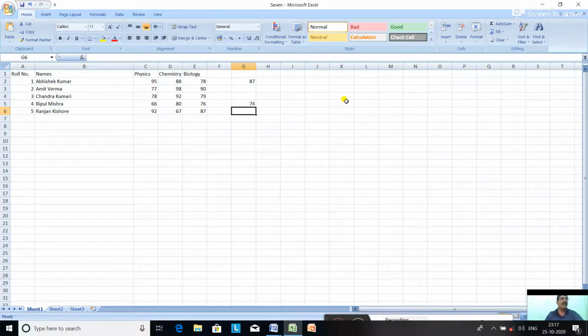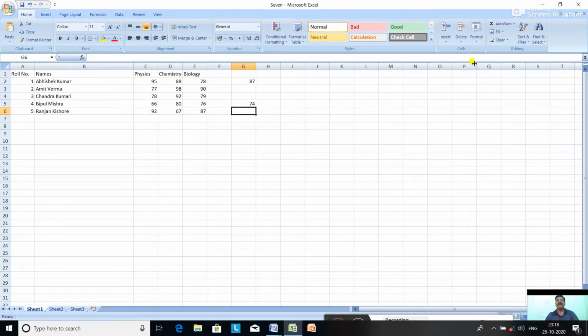So always remember these functions and these mathematical formulas begin with the equal to sign. Okay, and in whichever cell is active, every function must begin with the equal to sign, and the opening and closing of a function is indicated by a parenthesis. Parenthesis means the small bracket. The commas are used to separate the arguments, and in whichever is the active cell, only its value will be stored.